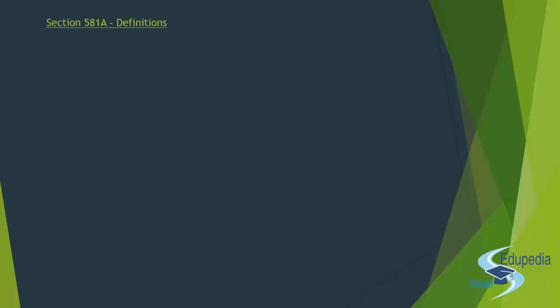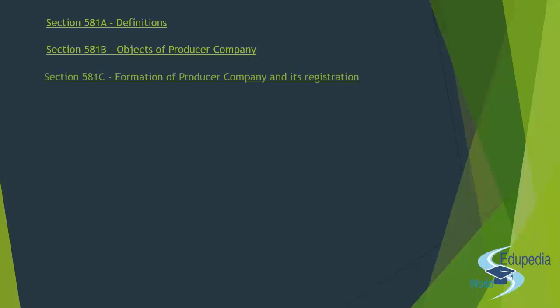So the first section was section 581A, definition. The second section is section 581B. We'll go in alphabetical order, right? So that it is easy for you to understand and remember. After the definition, we have the objects of the producer company. And then 581C, formation of a producer company and its registration. Then we have